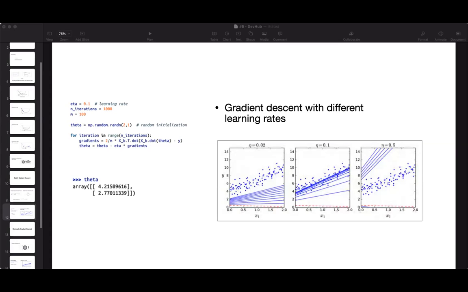Now you are also considering the number of iterations here. What are the iterations I'm talking about? What is the number of steps, basically? How many steps does the model need to take? So if you are taking a low number of steps, then to find an optimal solution it may take too long. I mean, the algorithm would maybe never stop, or it may stop after a very long time. Whereas if you take too high a number of iterations, then you will waste time while the model parameters do not change anymore.